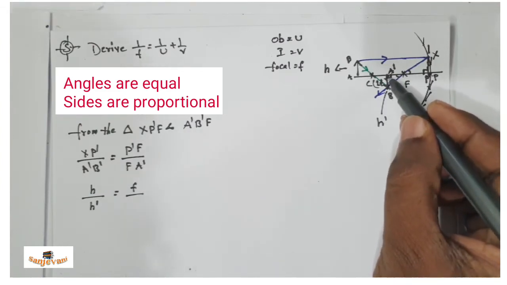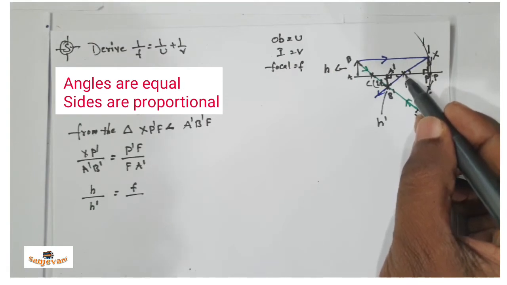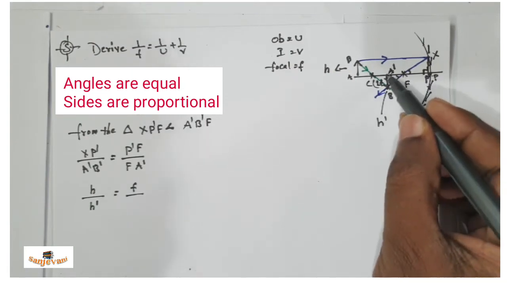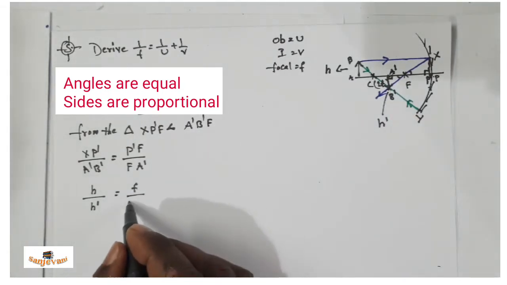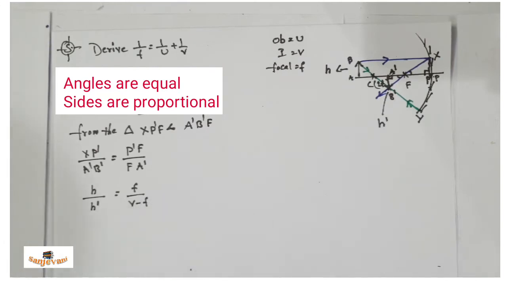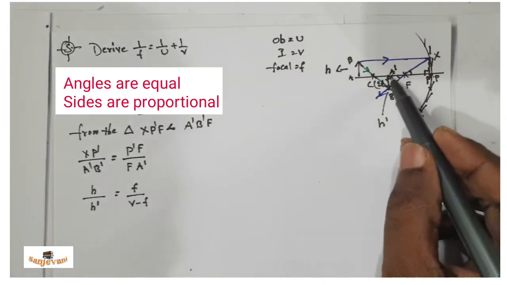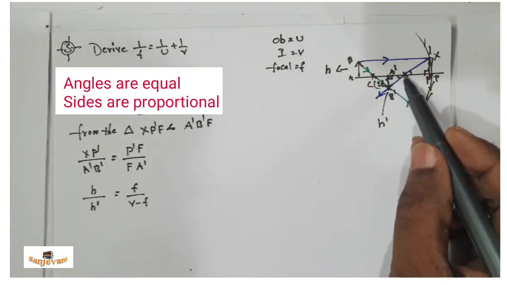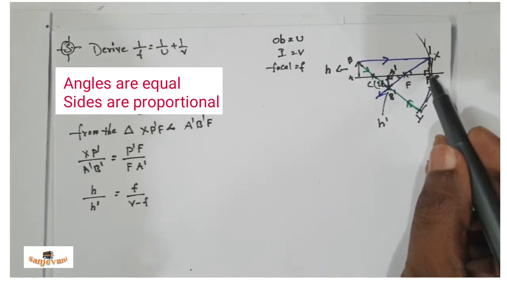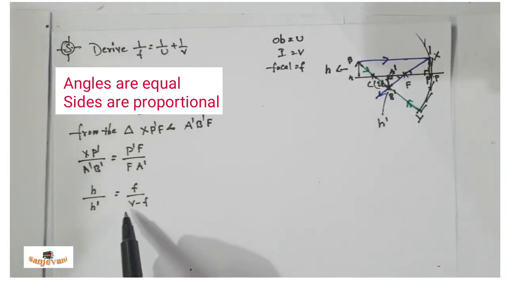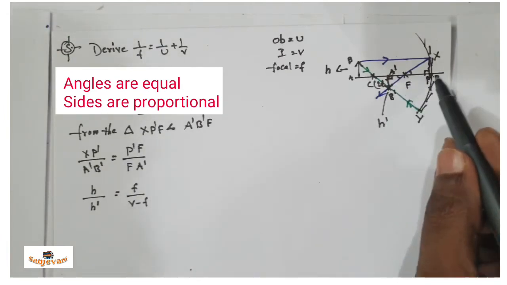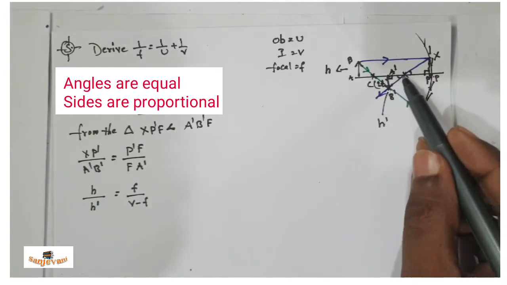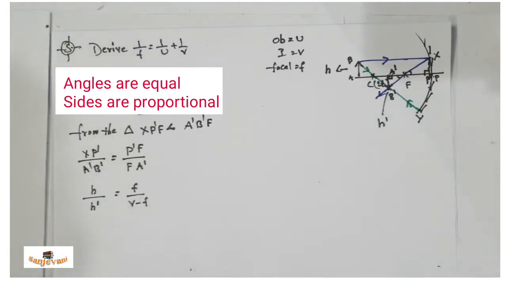Image distance we consider as V. In that, if we subtract this value, then we will get it. That means V minus F will give us this distance. Now, in that place, I am going to write V minus F. Is it clear why I got V minus F? F A dash, the length of this path, we need. We know from here to here is the image distance, considered as V, and we know this path as F. If we subtract this path from the total, that means V minus F, we will get this one. That's what I did there. Now up to here it was finished.